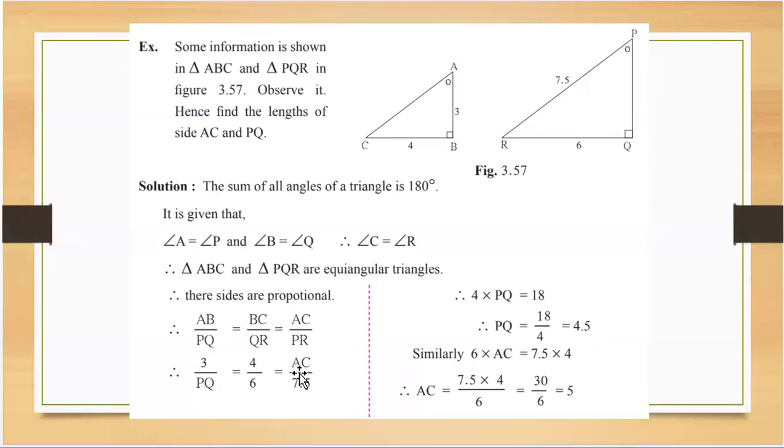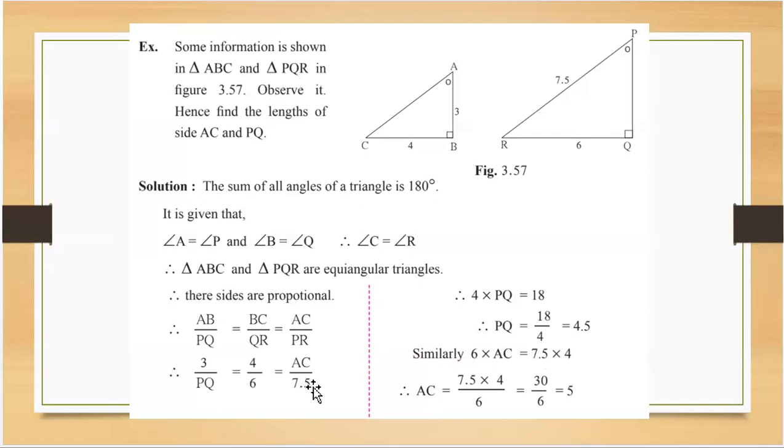All right. Now अगर हम लोग को PQ का answer मिला, now if you want to find out AC, again you have to take these two values. पहले ये दो values लेना है because यहाँ पे दोनों values हैं and here only one value is missing. So when you have to take two of the proportions, where एक जगह पे दोनों values दिए रहेंगे. So यहाँ पे 4 and 6 दोनों values हैं, यहाँ पे एक missing है and एक है. So ऐसे दो proportion हम लोग को लेना है.